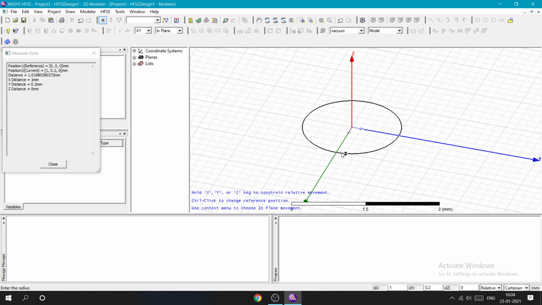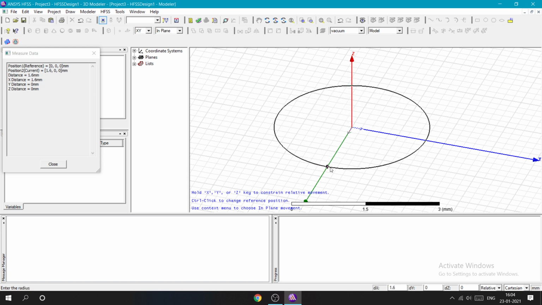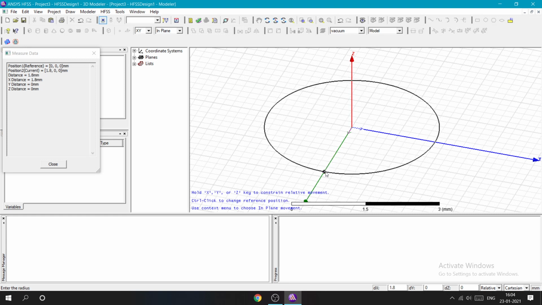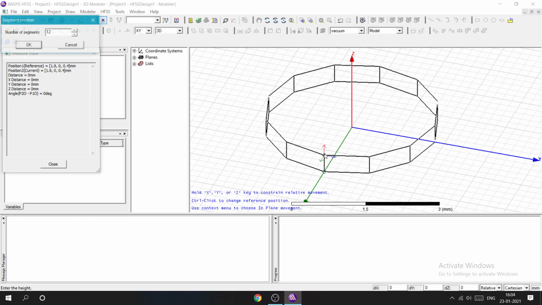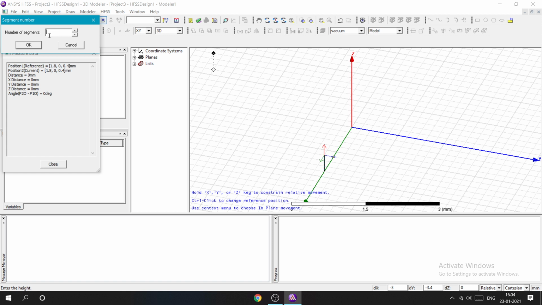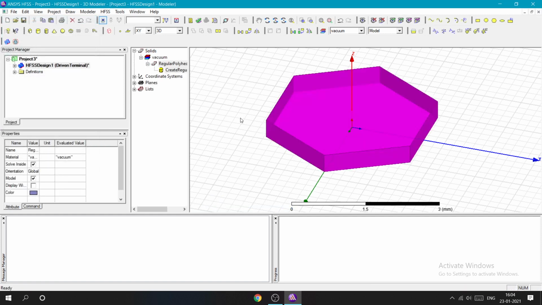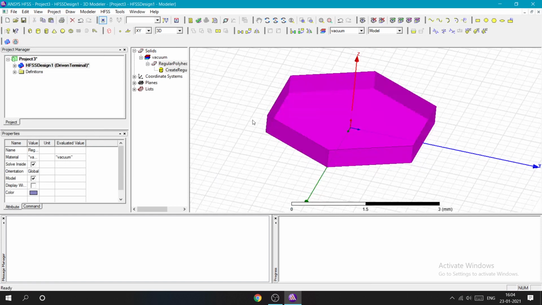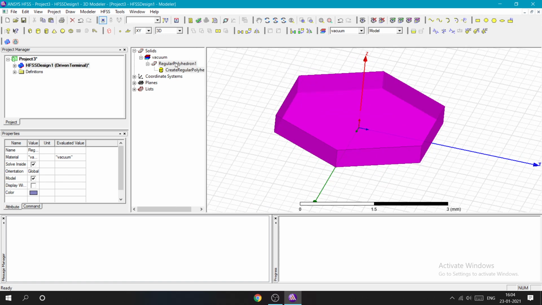In the last video I showed you how to do this, but again I will explain here. Just move along the axis, and you have n number of faces. We will have only 6 for our experiment. So this is the substrate we have created, and the name is here.